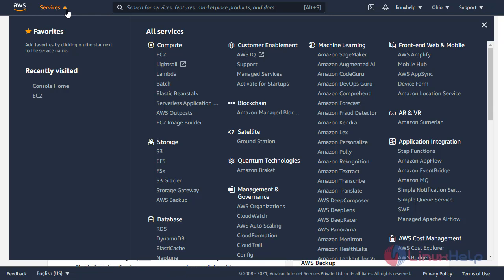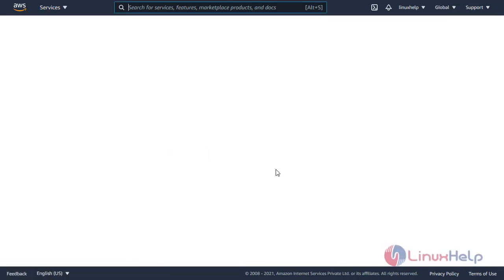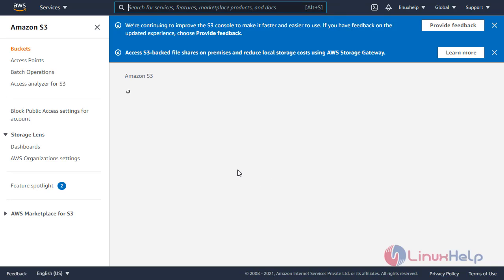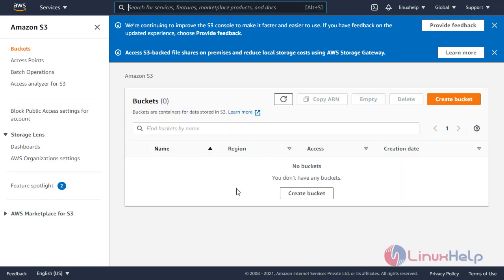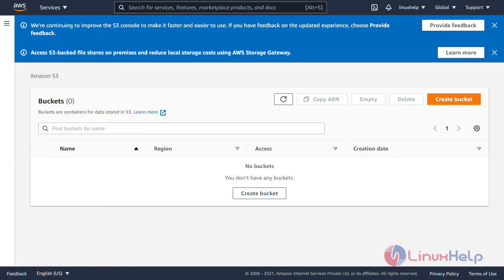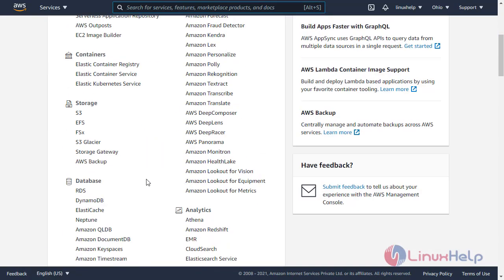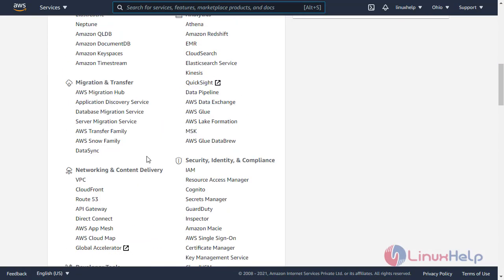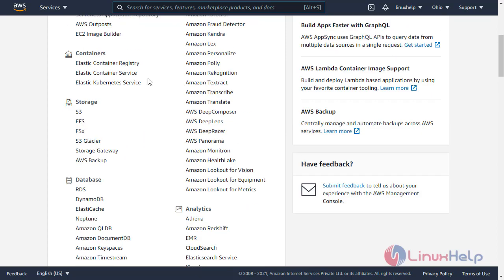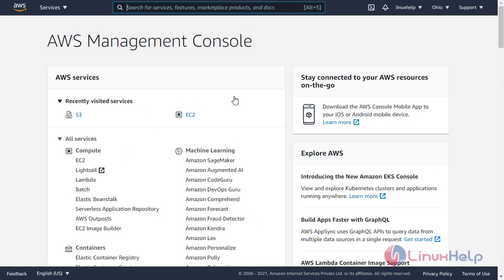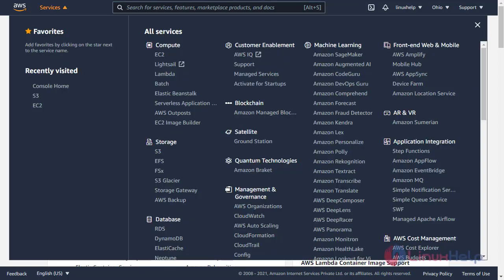If you go to the services section, you will see all the services like the S3 bucket. But all these services have limited time periods, so you have to be aware that they do not exceed your time limit. Hence, hope you get the idea how to create your account and how to use your services. So this is the method to get a free account from AWS to use its services for learning.